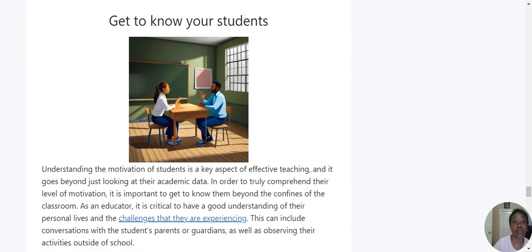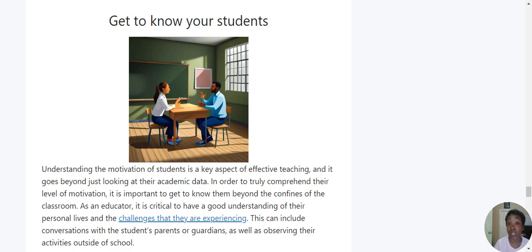And then finally, I know this one seems so obvious when we say get to know your students, but to be specific, I mean, not just getting to know their name and speaking to them, but when you get that chance, sometimes getting the idea of if they're taking extracurricular activities, what they might be going through personally at home, because then that sometimes gives you a head up of when they don't seem to have the best attitude, or they're doing something that doesn't seem like them.